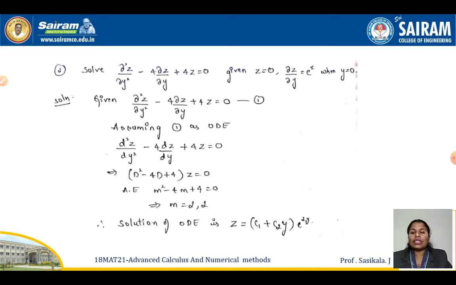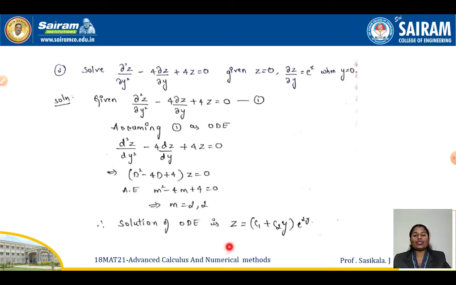So next question: solve ∂²z/∂y² minus 4 ∂z/∂y plus 4z equal to 0, given initial conditions. Similar to the previous one, here in terms of y it has been expressed, so y is the variable and x is constant. That's the change. Okay. So write the differential equation, PDE to ODE, introduce a differential operator and you will get an algebraic equation. Then you can write the roots m is equal to 2, 2, right?